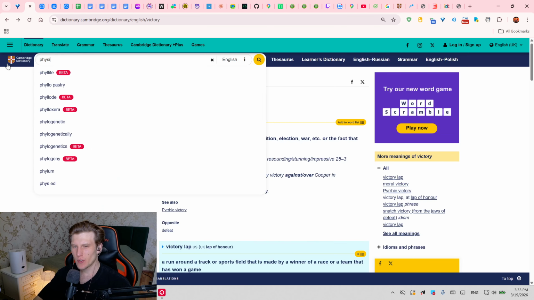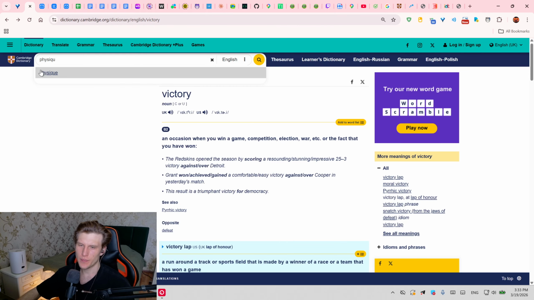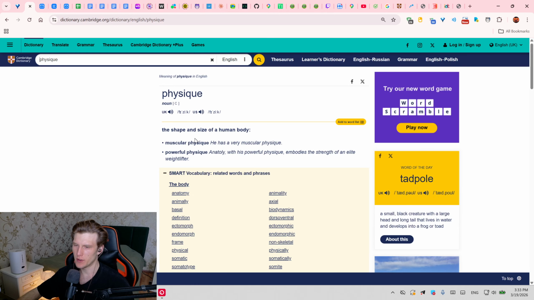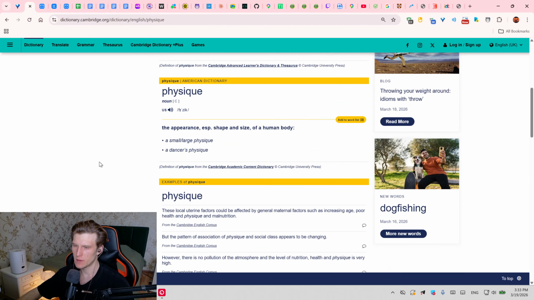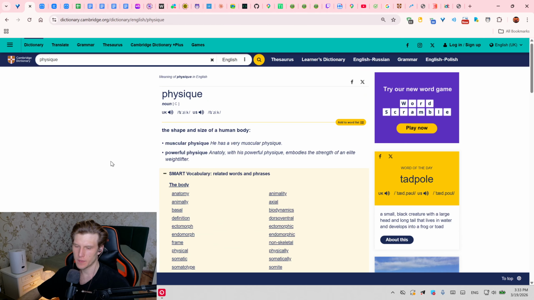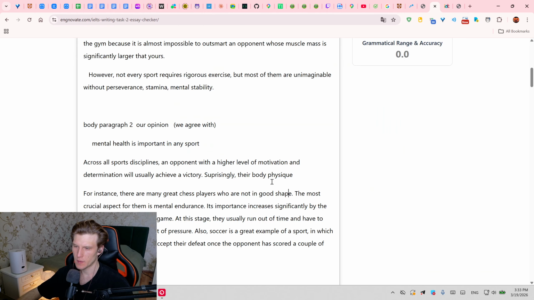We're trying to use formal words, formal synonyms. Muscular physique, powerful physique. Small, large physique. Surprisingly, the physique. Surprisingly,